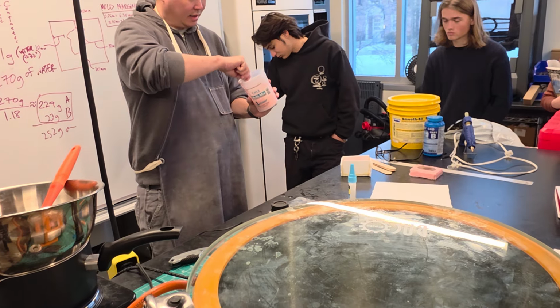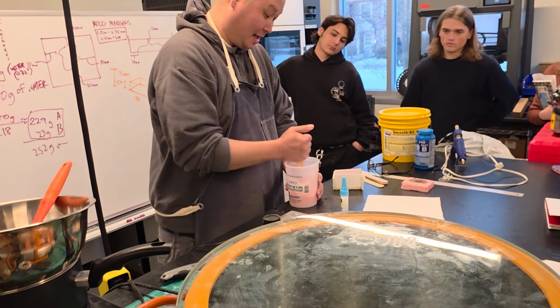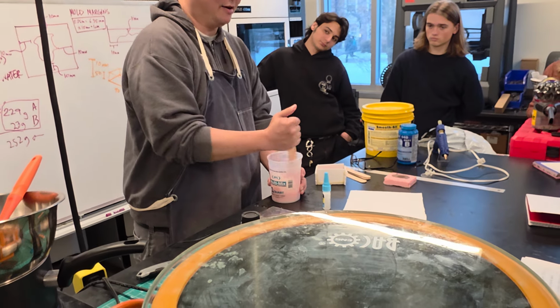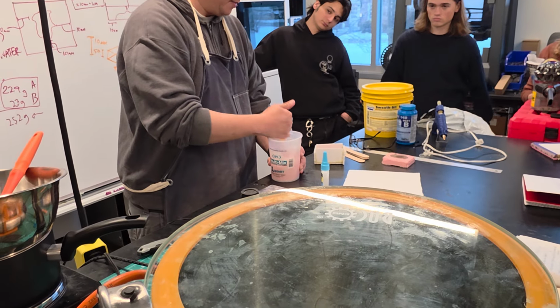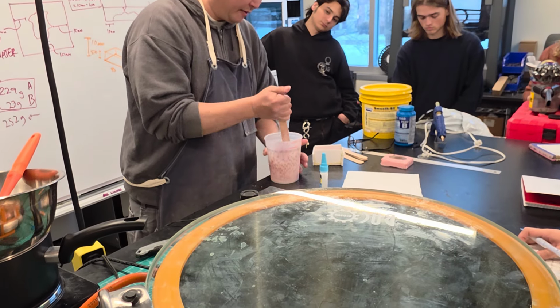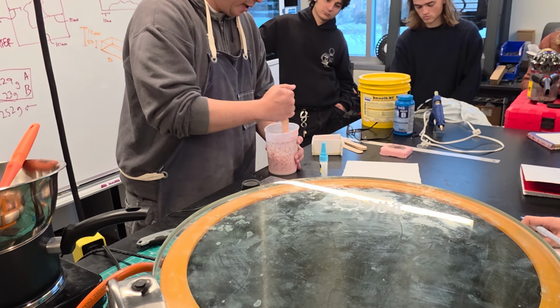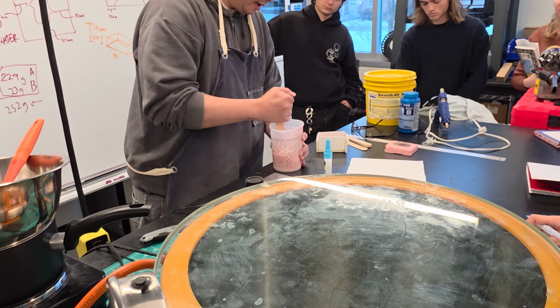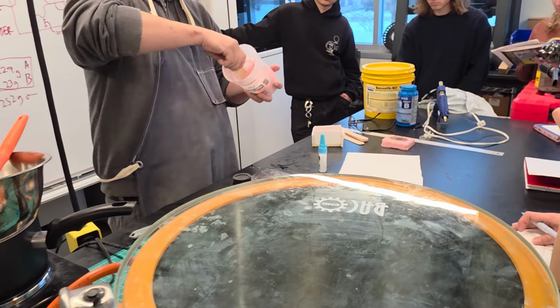So, can anybody tell me what I'm currently doing? I'm feeding a bunch of air into my silicone mold. And the air forms air bubbles. And air bubbles are our enemy because they're going to form inclusions and can cause problems when we go to mold this. So after I've got this mixed up really well,